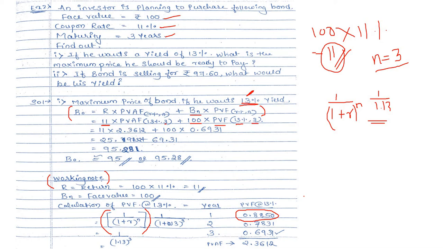Now we have to calculate for the second year. How to calculate for the second year? Just click on your equal to button, and automatically the second year value you will get. Now just click on your equal to button in your calculator. Now you are getting the value as 0.78314668837, like that. So the full value you're getting.